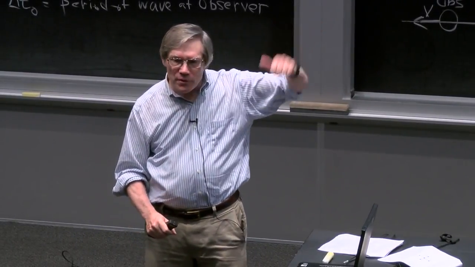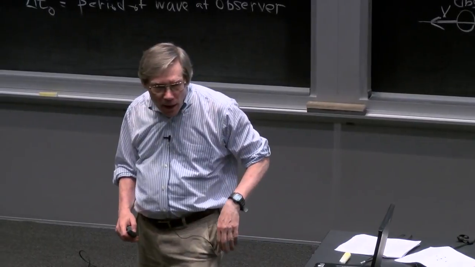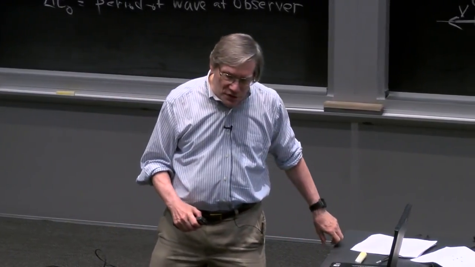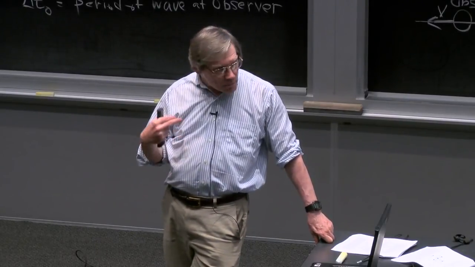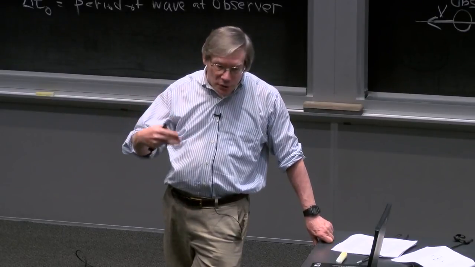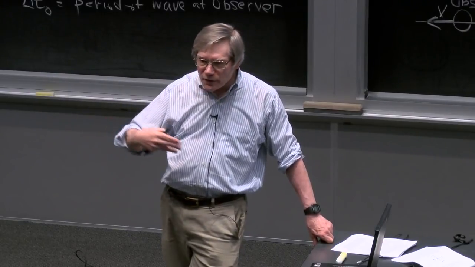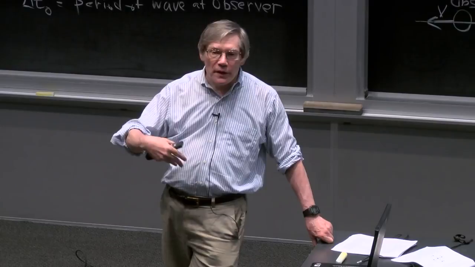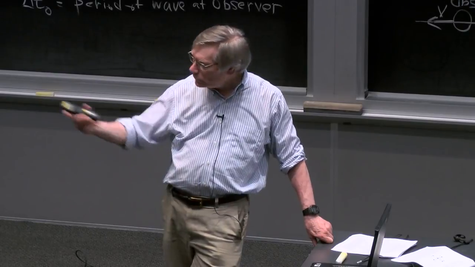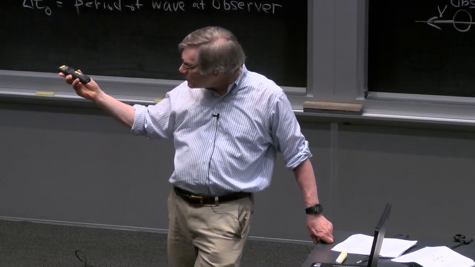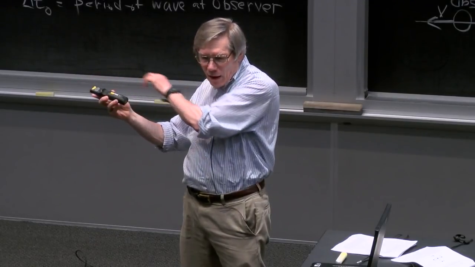And that's the crucial issue of the word appear here. When we say that the clock appears to run slowly, we're not talking about what an observer would actually see. The complication of literally seeing is that when you see something, what you're doing is measuring the light pulses as they arrive at your eyes at a given time. And since light has a finite travel time, you're seeing different things at different times. In particular, if there's a large object coming towards you, say this laser pointer coming towards me, I would be seeing the front of it at an earlier time than I would be seeing the back of it.